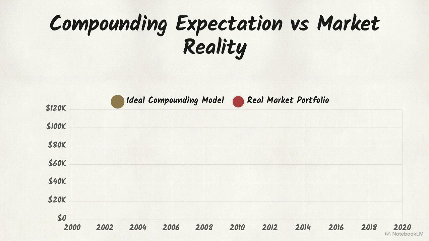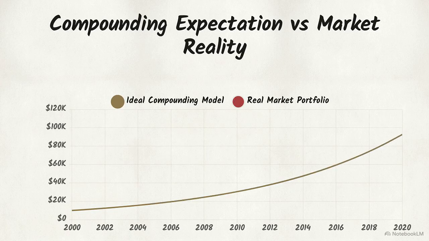If you invest $10,000 today, the standard mathematical models suggest that over the next 20 years, your capital follows a path that looks exactly like this, ultimately reaching over $92,000. This frictionless, ever-accelerating upward sweep is the standard projection of compounding. It is the baseline expectation sold to every retail investor.